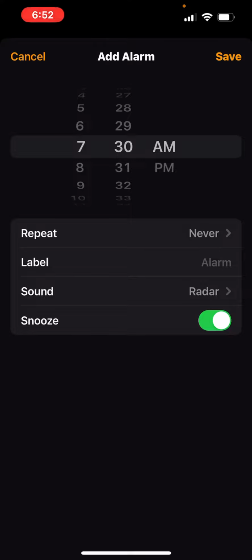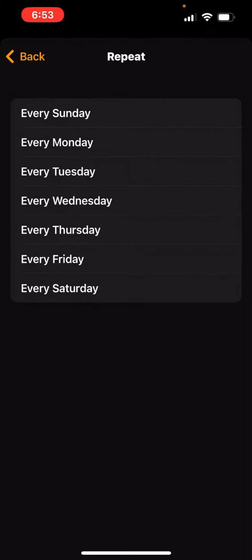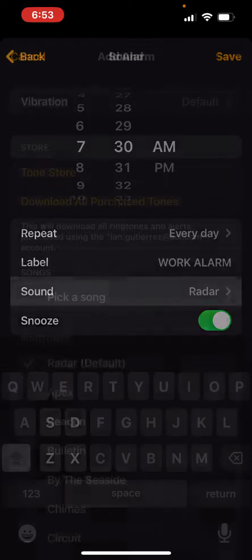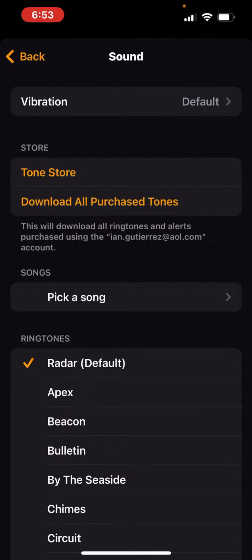From there, you can adjust to whether you want it to AM or PM, and you can also adjust the repeat. So if you want to have it on every day, you just tap on every function here, tap on the back, and you can label it. Let's see, work alarm. From there, you can select your sounds